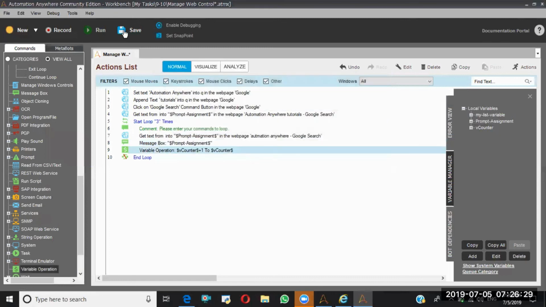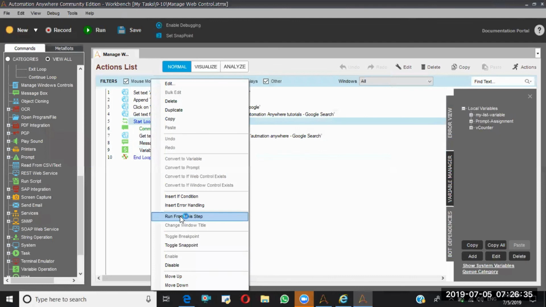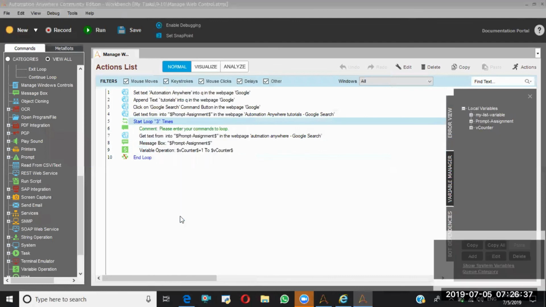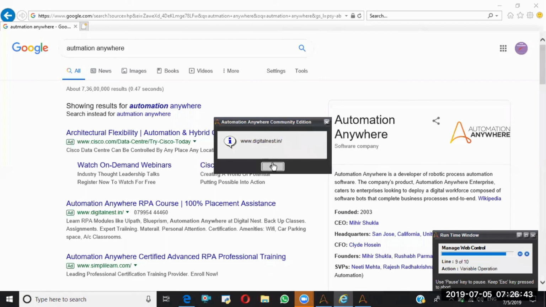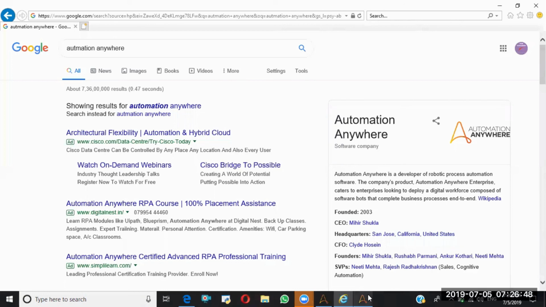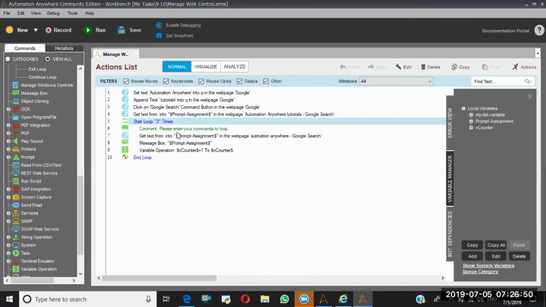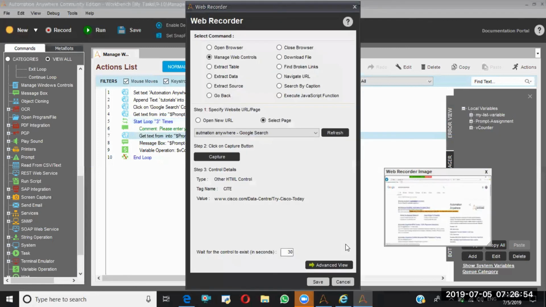Say, let's try to run this one, whether we'll get the expected output or not. See, it is giving. See, like this, you are able to customize the manage web control as well. But the only thing is here, the options are limited.